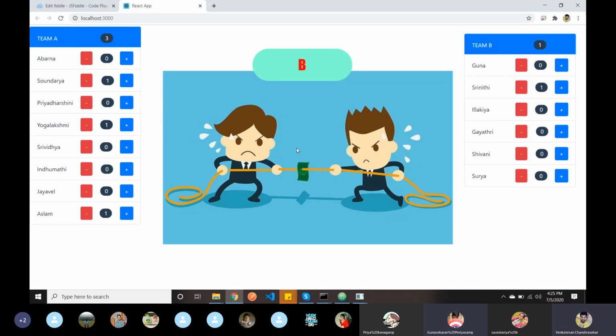Var can be changed, whereas const cannot be changed, and let can also be changed. Okay, the two major things are block scope and function scope. You need to mention that here. Fine, thank you.